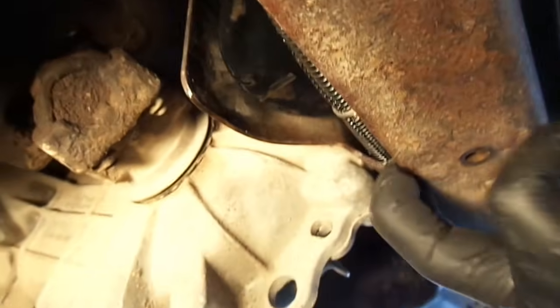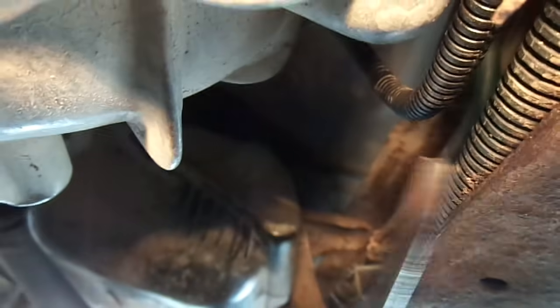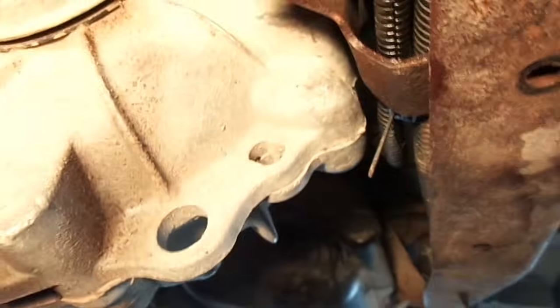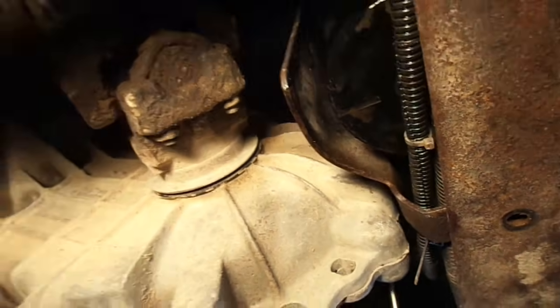Okay, right here is your front tank, and way in the back, where the spare tire usually sits, is your rear tank. You're going to have 4 lines coming out of here right into this reservoir between the transfer tank and the frame. So if you're wondering if you have one of these reservoirs in your truck, just do me a favor, go outside, crawl underneath your driver's side door, look up, and if you see a small black container,